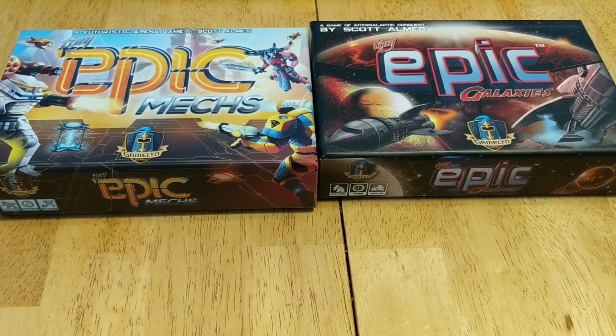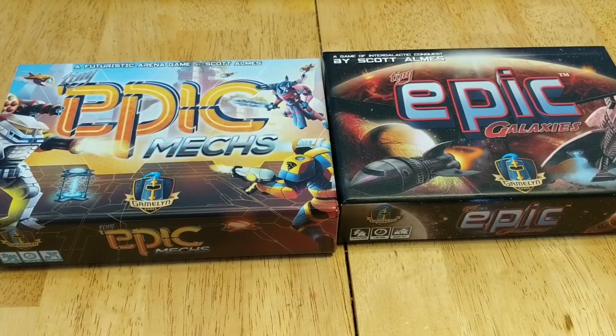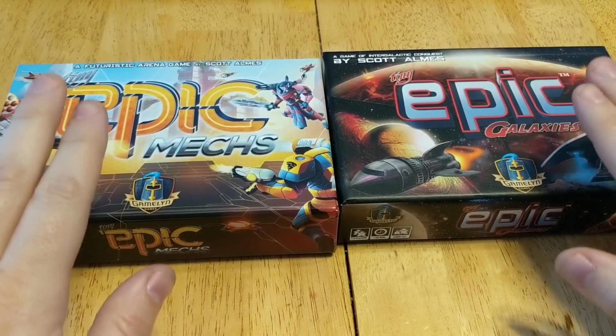Anyway, right in front of us here, we have two Tiny Epic games from Gamelin Games. Gamelin Games makes the Tiny Epic series. They also made Heroes of Land, Air, and Sea, and they have other titles coming out. They have a new title arriving now from Kickstarter, Tiny Epic Tactics, although I messed up my Kickstarter backer survey thing that you're supposed to take, so I don't know when I'm going to get mine. But what I did get in the mail is some really cool box inserts for these two Tiny